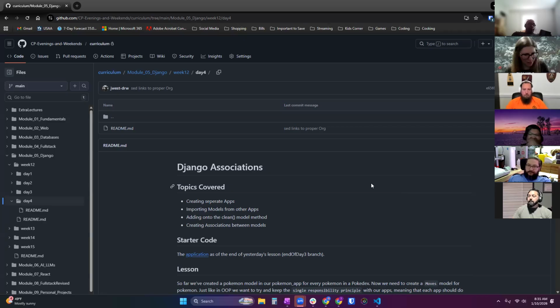So now today we are starting associations, Django associations, which means the relationships between our database tables and the models. When we worked in SQL in the past, we set up a schema, and our schema usually had multiple relationships between the tables.